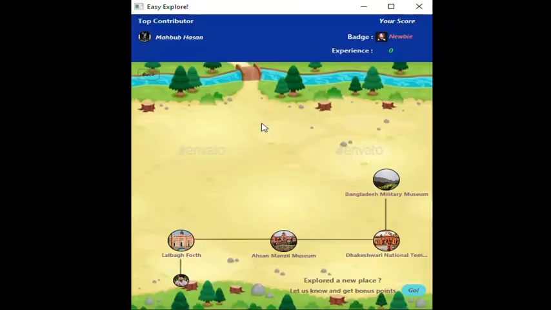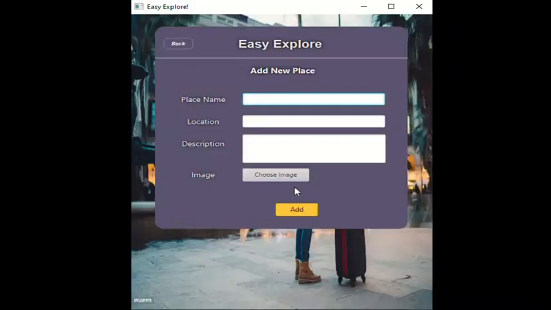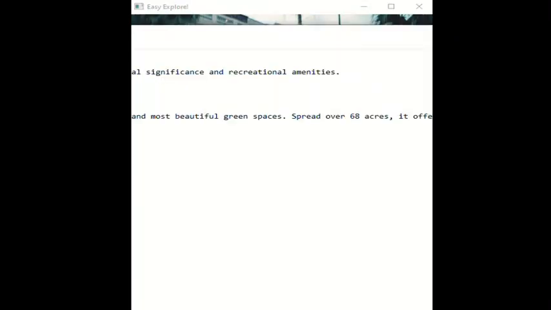So let's get back, and it has one more feature. Let's say I have explored a new place and that place is not in the app. So what we can do is, it says let us know and get bonus point. If I click there, let's say I have discovered a new place called Romna Park, and I copy the address,